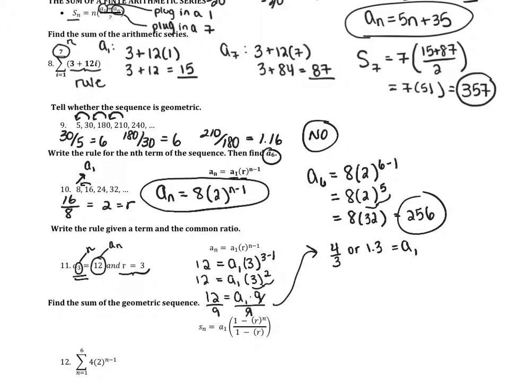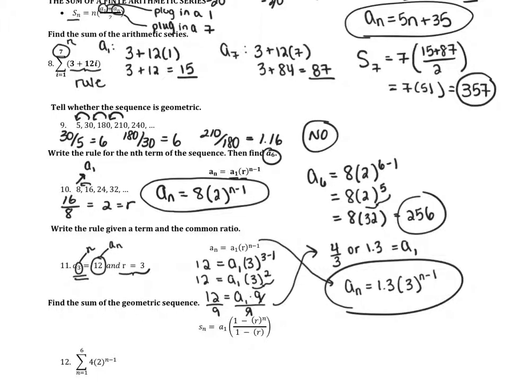So you would still use the formula right here, and you would say AN is equal to A1 was 1.3, so you can just use the decimal, parenthesis, your rate, which is 3, and the parenthesis, n minus 1. And then that would be your general rule for that sequence. Last problem for geometric sequences